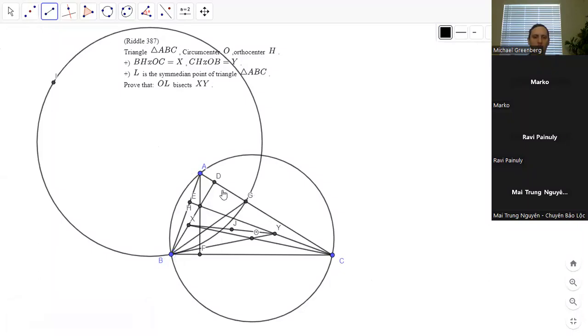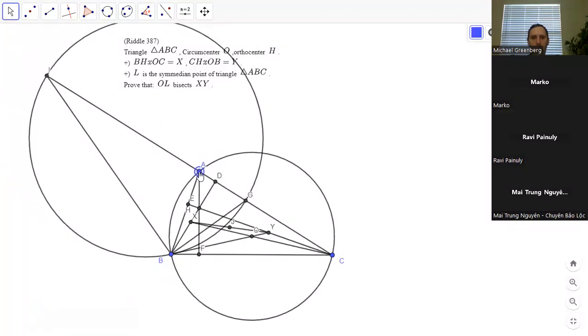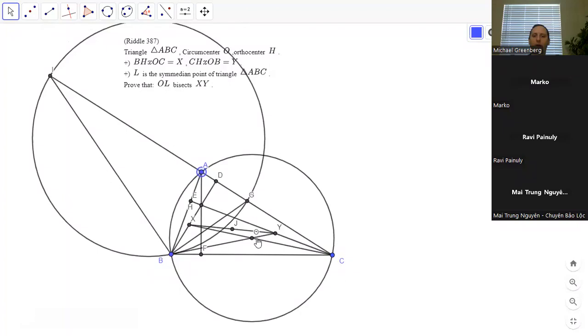Do you remember the proof? The proof that OL is the radical axis? So first, let me think about why O would lie on that. So the power of O, is OB tangent to the circle? It must be an angle chase that shows that. Okay, so the power of O with respect to all three circles is just the radius squared, so O lies on it. And then the median point,